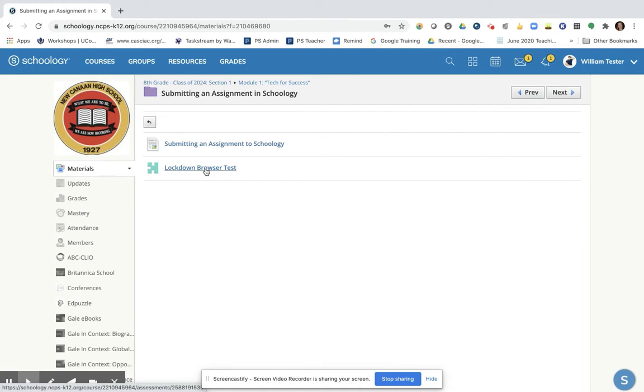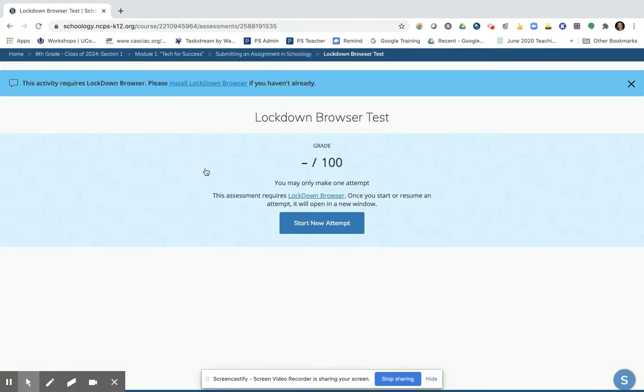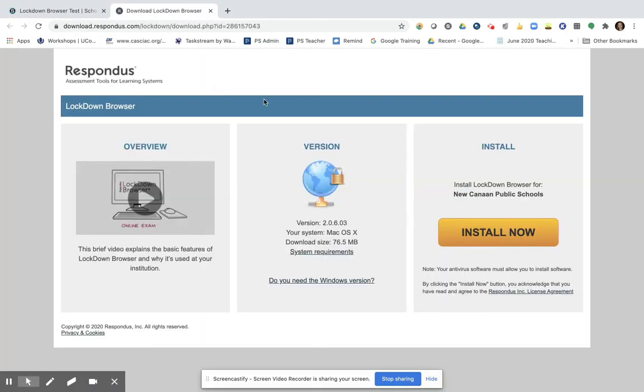If I click on this assessment, it will bring me to this screen. At the top here, it says that the activity requires the Lockdown browser, and it asks me to install the Lockdown browser if I have not. I've never installed the Lockdown browser on this computer, so I'm going to click on it. It will tell me to install the browser,